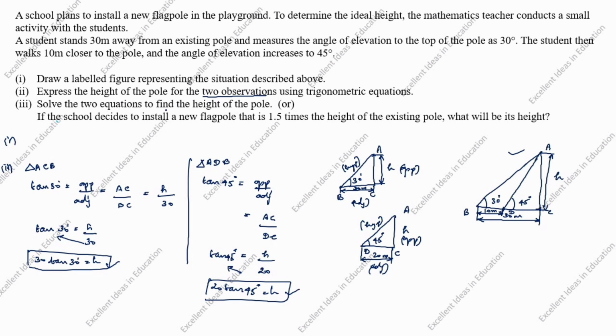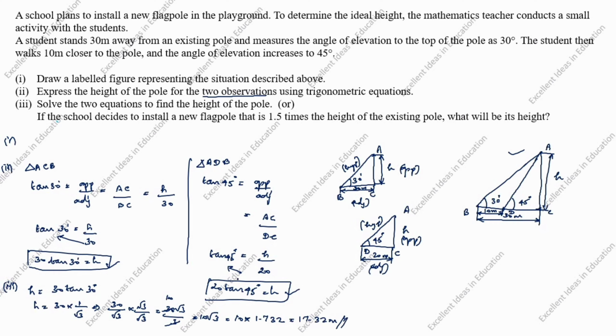Third question. Solve the two equations to find the height of the pole. We got the H value. This one we need to solve. H is equal to 30 tan 30 degrees. H is equal to 30 into tan 30, which is 1 by root 3, equal to 30 divided by root 3 into root 3 divided by root 3, equal to 30 root 3 divided by 3. Cancel, 10. So 10 root 3. How will we write 10 root 3? 10 into 1.732, the root 3 value is 1.732, equal to